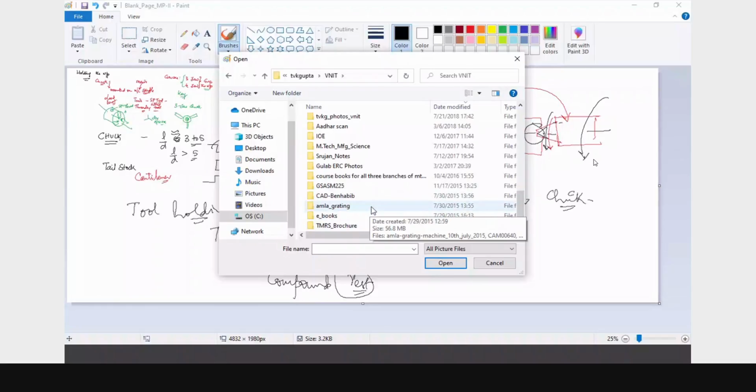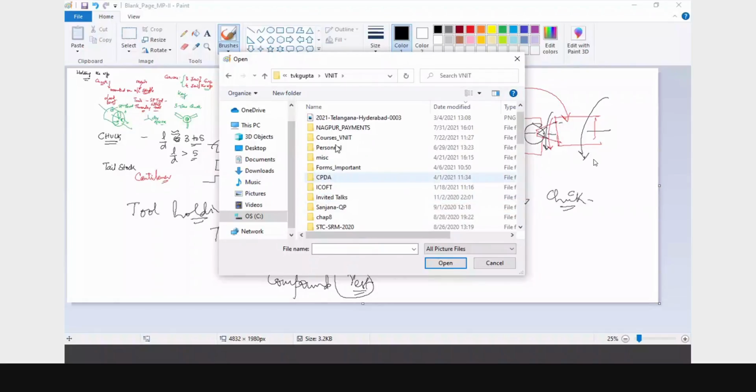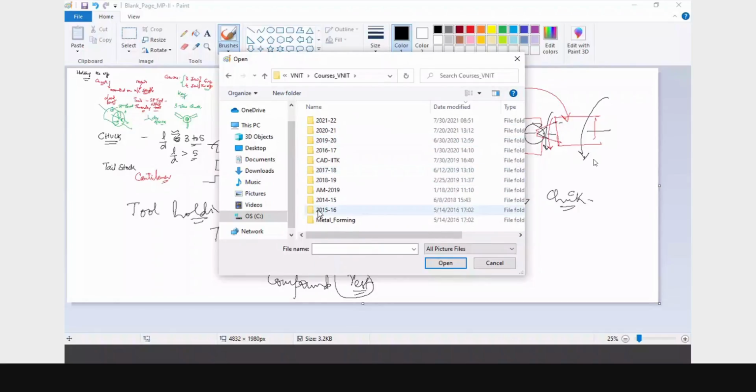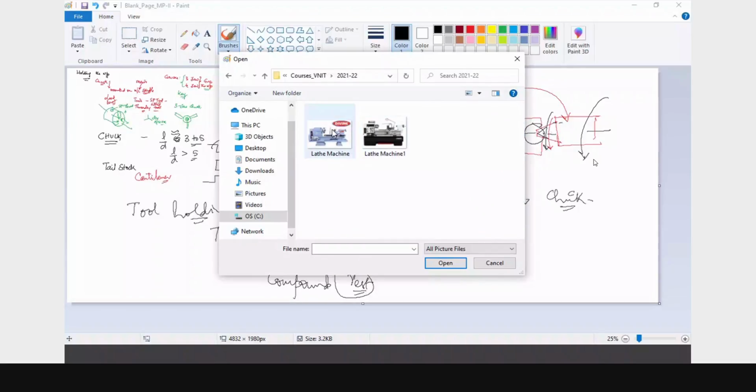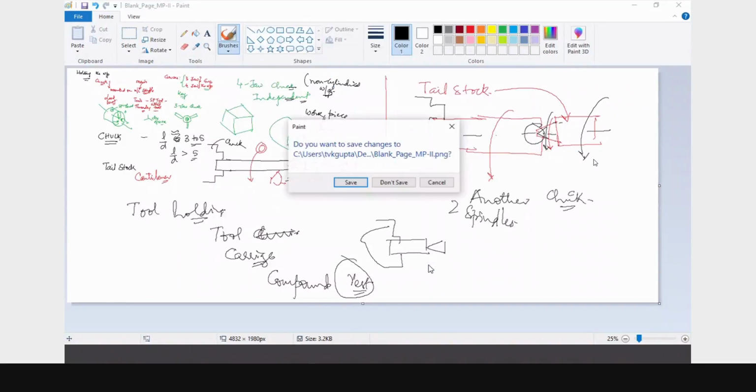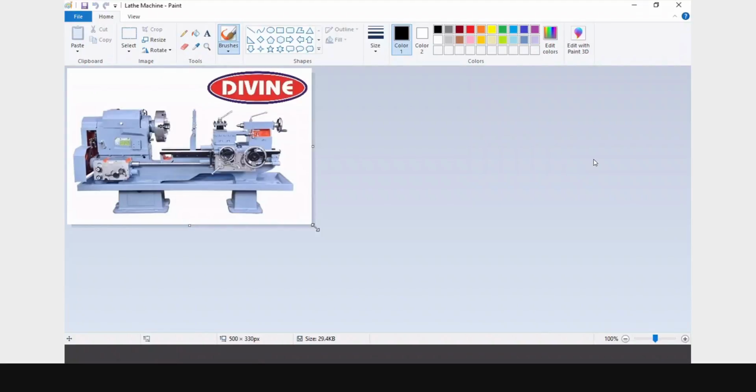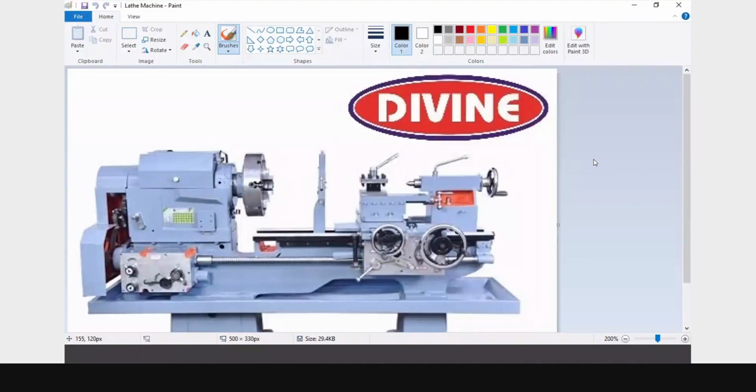Just give me a minute, I'll open it. So this is the lathe machine we were talking about. As I told you, this is the tool post.